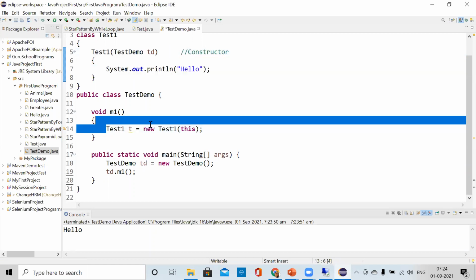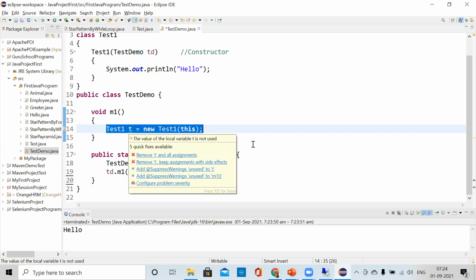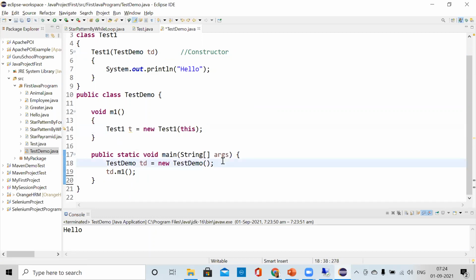It is not necessary that you create an object only in the main method. You can create an object anywhere. If I said that you can create it only in the main method, then I might not be correct. I don't think I said that, but mainly you create objects in the main method, but you can create them anywhere.